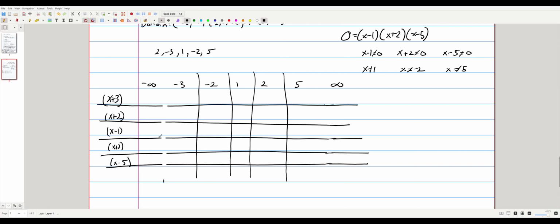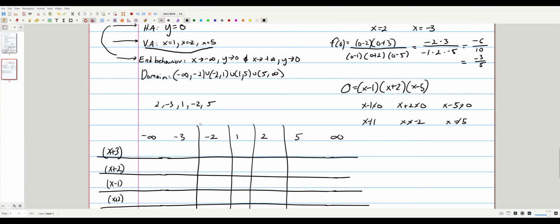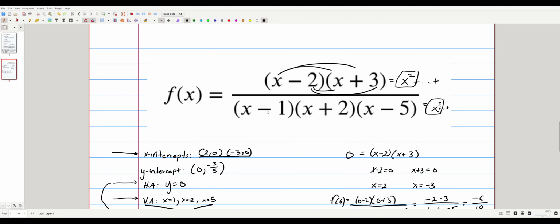Okay, so this is essentially a table that's going to be used to figure out whether our graphs are above or below the x-axis. It's just going to help us be more accurate with our sketch. And so remember that -3 was the number that gave us x plus 3 as a 0 for the top of our rational function. And so if you plug in -3, what you'll get is 0, right? But if you plug in something like -4, something on the left of -3, into our function here,